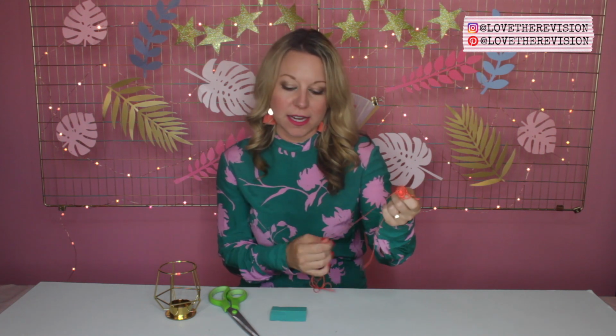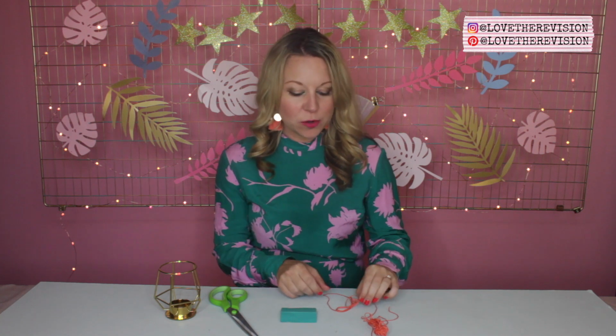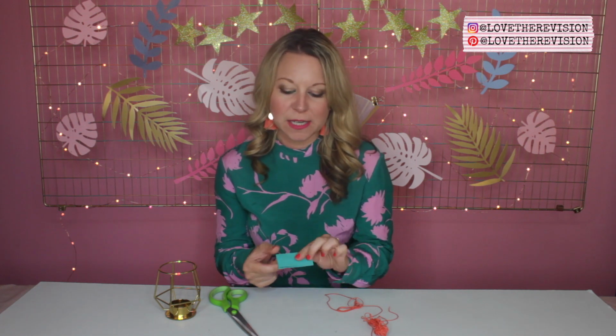So the next thing we want to do is make the tassels. Making a tassel is super easy. All you need is some embroidery thread, some thin card, and some scissors. So the tassels that we're going to have on the terrarium, I want them to be about 5 centimetres long. So I want to cut a piece of card 10 centimetres because it's double, and then you simply fold the